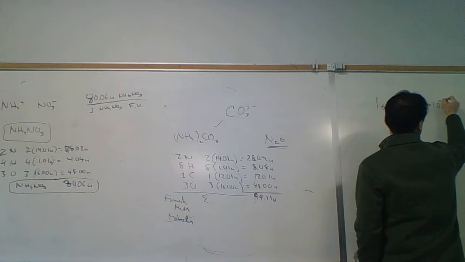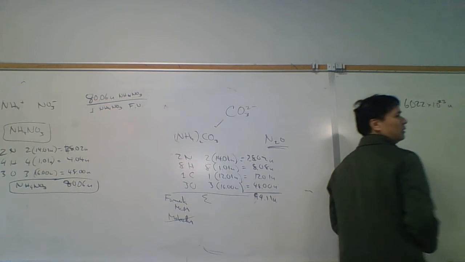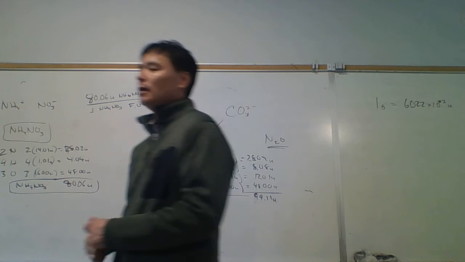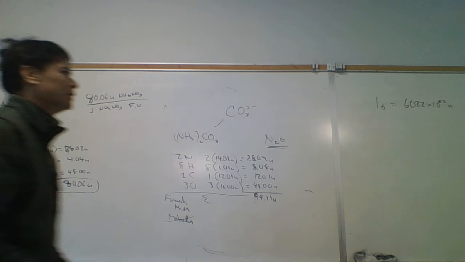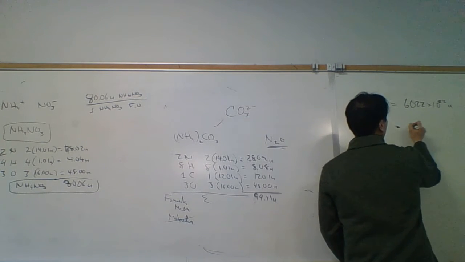6.022 times 10 to the 23rd U in 1 gram. That number turns out to be easy to remember because it's a common number that we use. But you know, this is like 602, what is it, trillion, billion, or something like that. A billion, trillion, 602 million trillion. What was that? I forgot, but we can figure it out. It would be